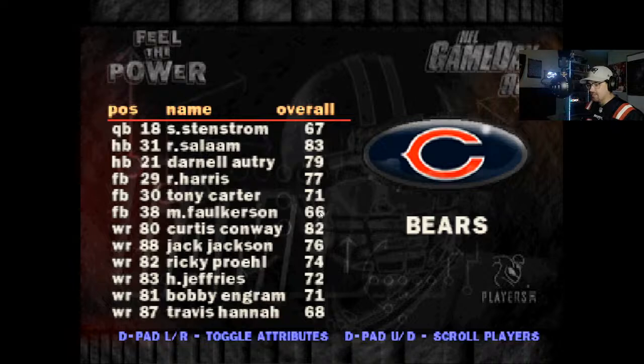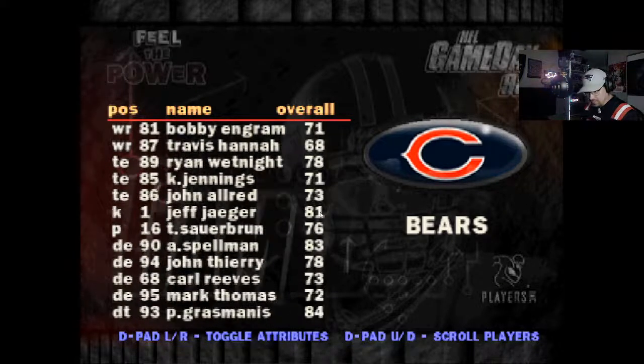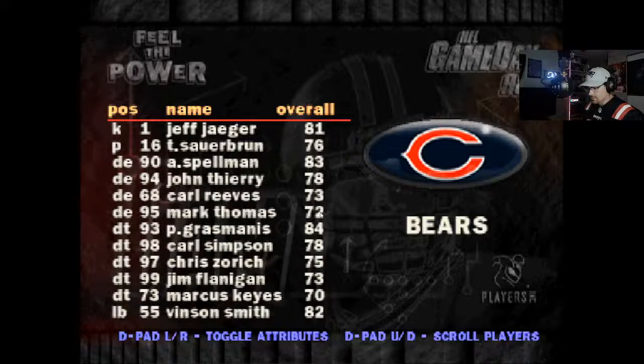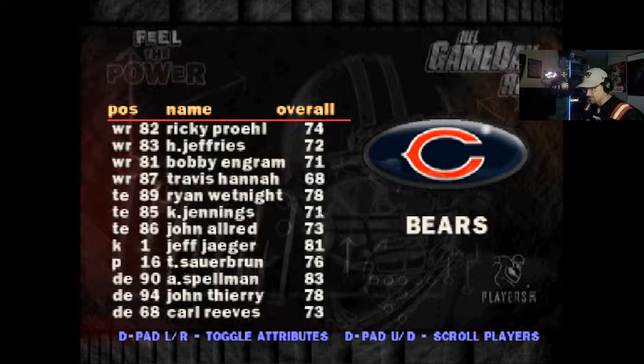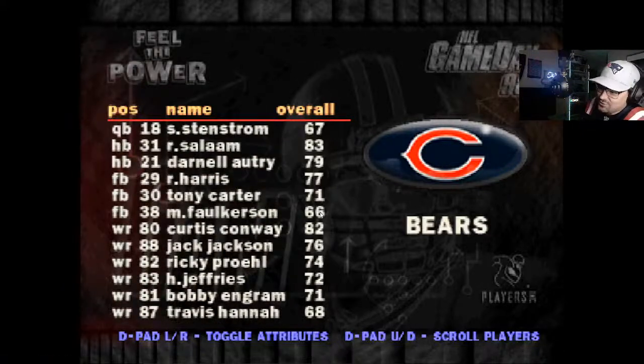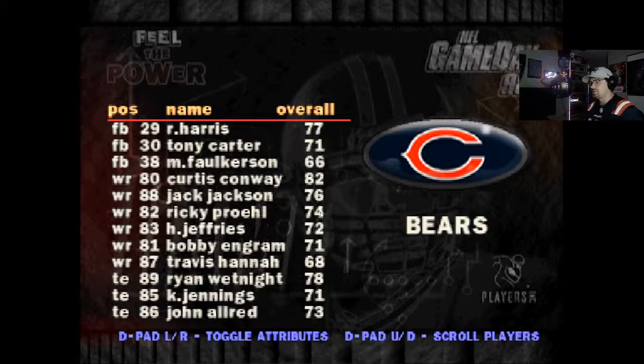Did they have anybody of any real names in here? Anybody who went on to be, like, really good? I don't see anybody who went on to be truly great. I don't even see any coaches. Usually that's what happens, you see the coaches, too. But there's no coaches on here.